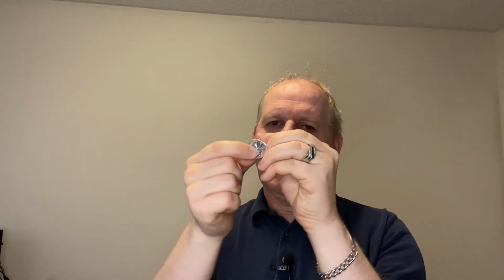This has a nice serrated edge all the way around it. And one of the things I like, or when I think of a quarter, is back in the days when I was a kid, on one of the Canadian segments of Sesame Street, they used to do